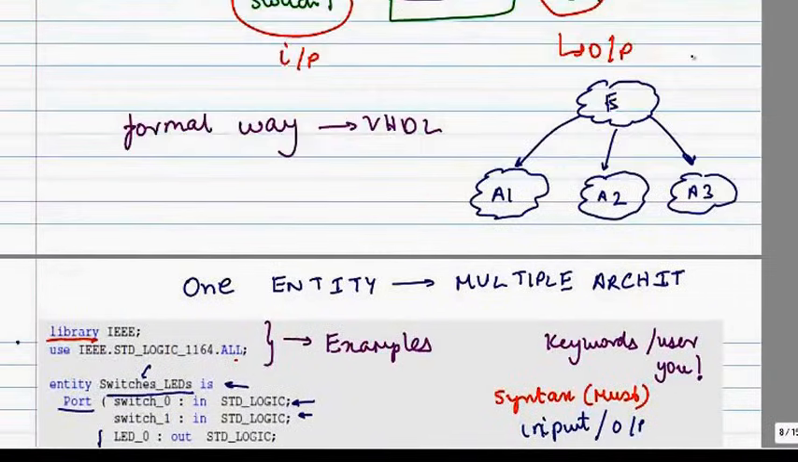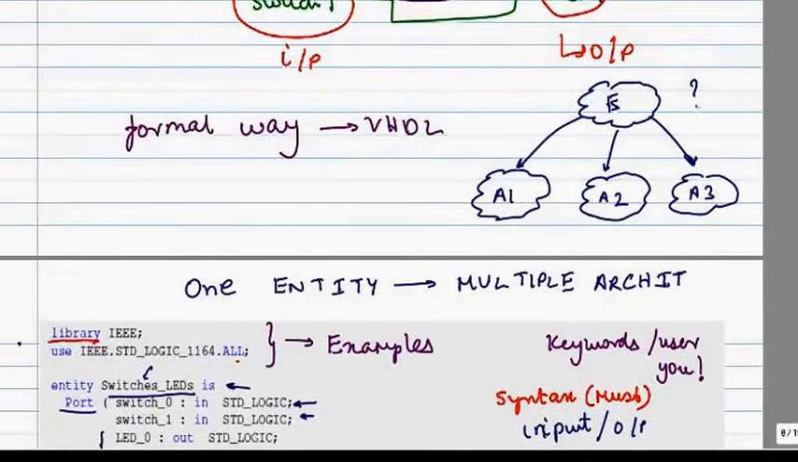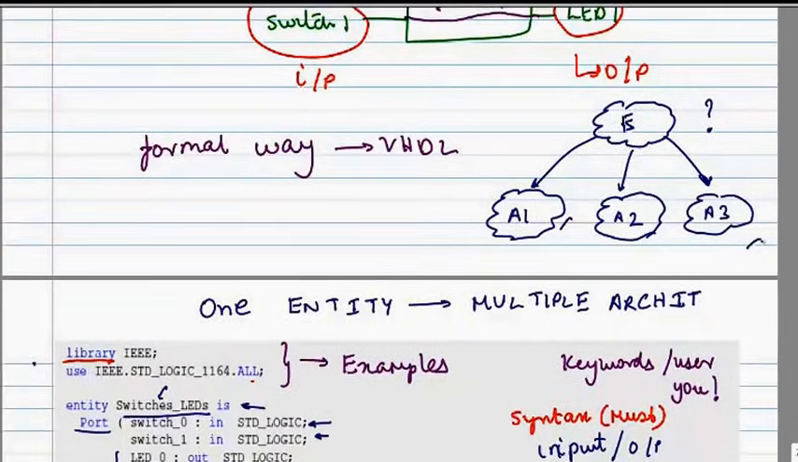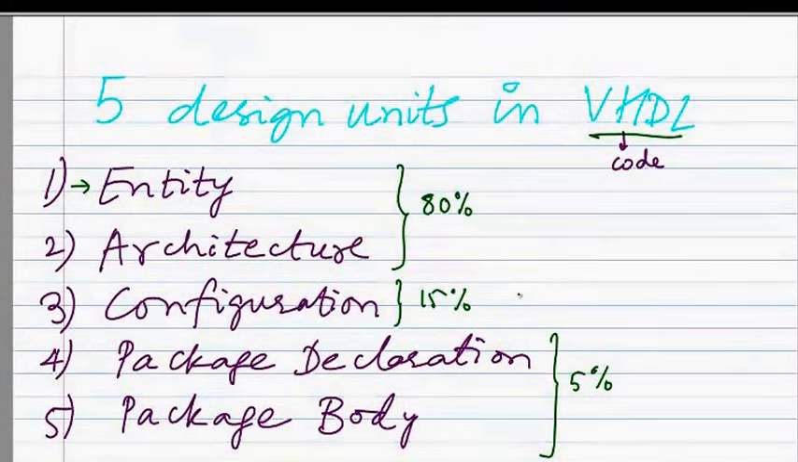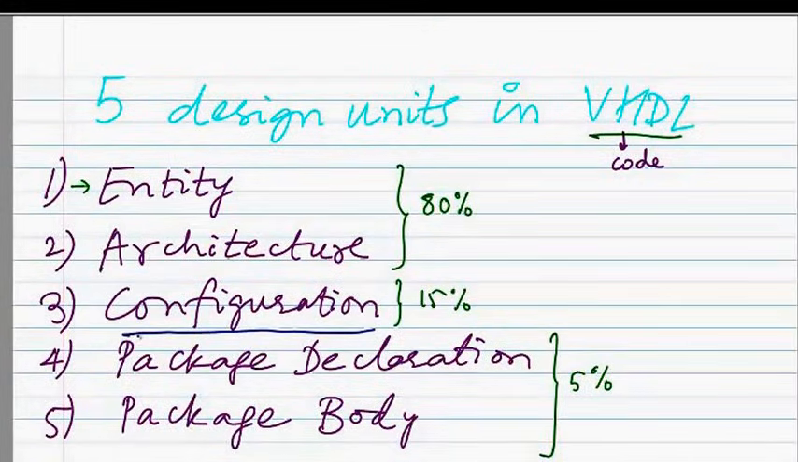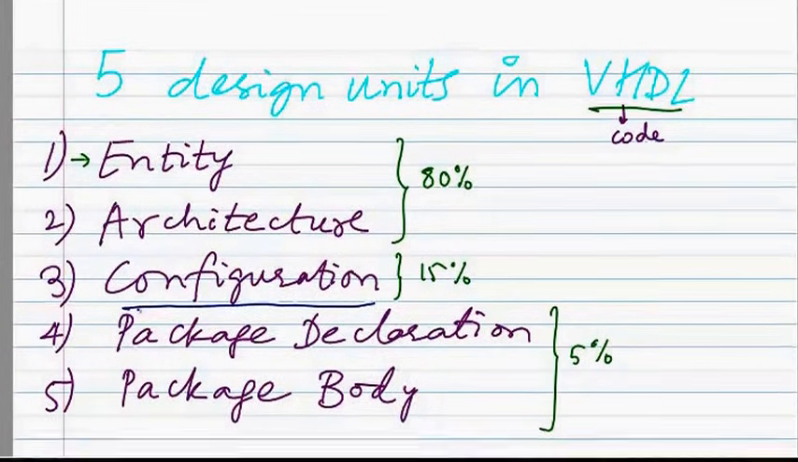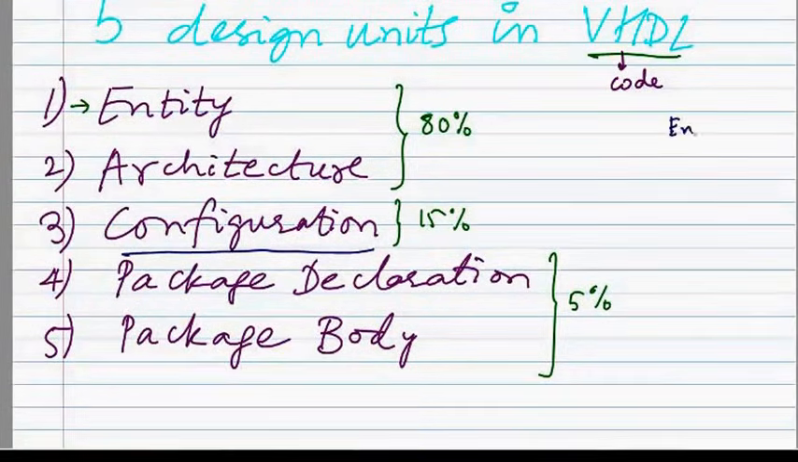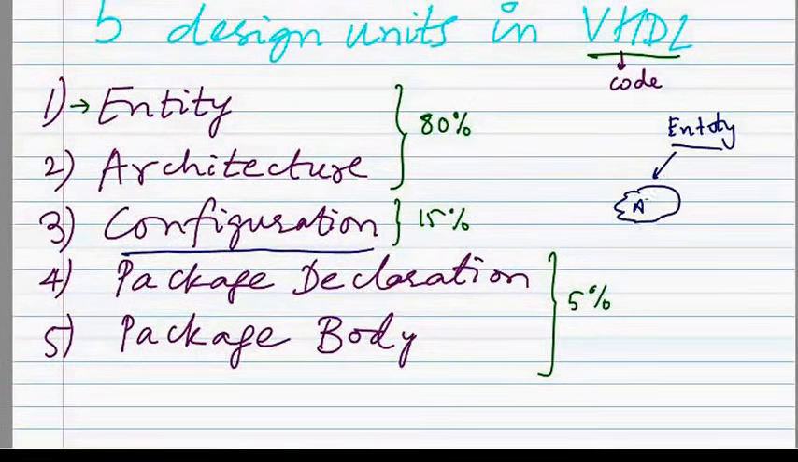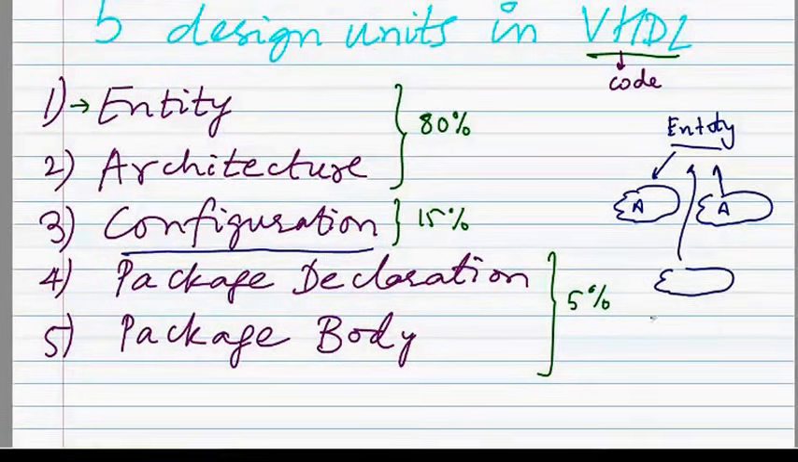so the question that might come to your mind is, how does my entity know which architecture to look at? That's a good question to have. The answer to that is that I specify that in my configuration file. In my configuration part of the VHDL design, I specify which entity maps to which architecture. Since I have only one entity, you will specify which architecture is used for that particular entity depending on certain conditions. Okay,